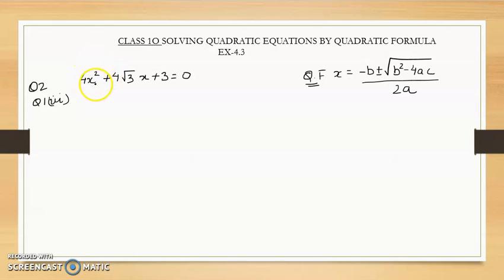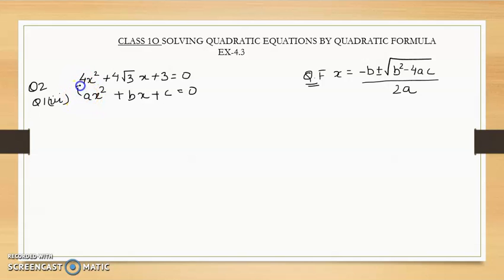So how many roots will it have? 2. Zeros, 2. This means whenever you solve a quadratic equation, you will get 2 values, that is 2 zeros, or roots. Keep this in mind. So what is the standard form of a quadratic equation? I'm not saying quadratic formula, I'm saying standard form of a quadratic equation is ax square plus bx plus c is equal to 0. If we compare with this, we will get the values of a, b and c.